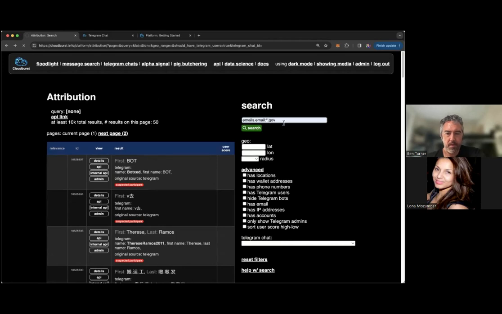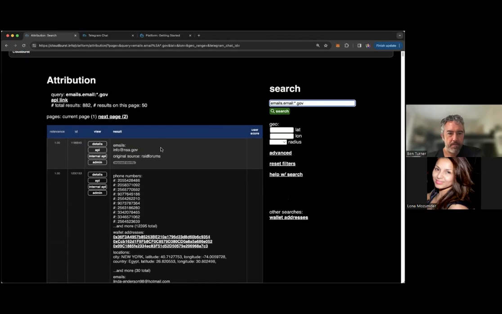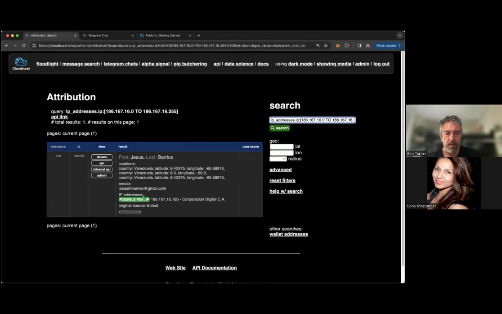It's probably a better way to do this search, but if you have a TLD, like a .gov or .us or whatever it is you're looking for, you can do a search for that. You can do CIDR range search. If you have a subnet that you're responsible for, you can search that subnet. We get one result with that IP here.